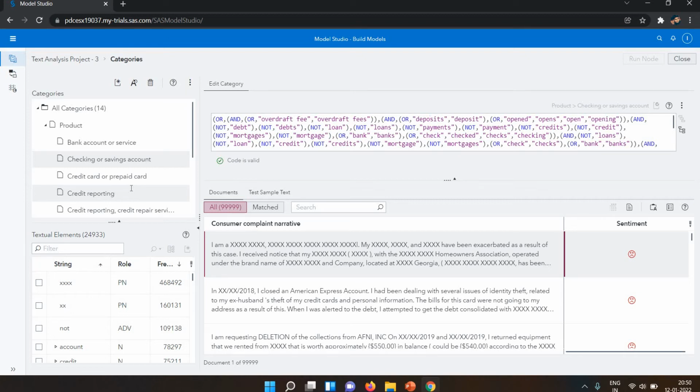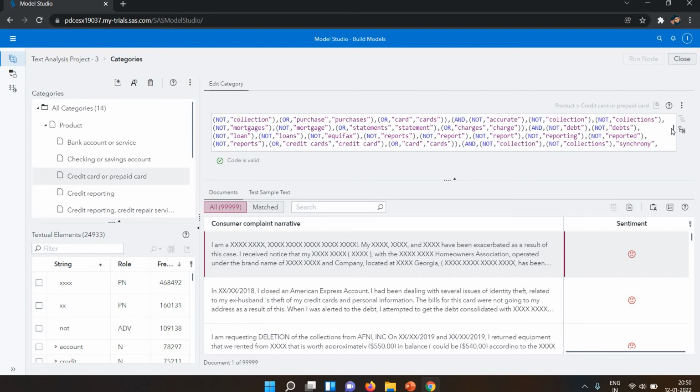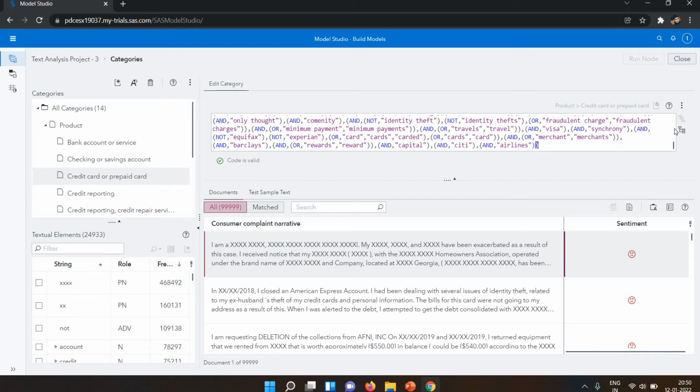They identify the topics, and they created categories for these: for saving account, for credit card and the prepaid card. In the credit card we have debits, reports, credit cards. Related to all these they created some categories, and you can see we have many terms here.